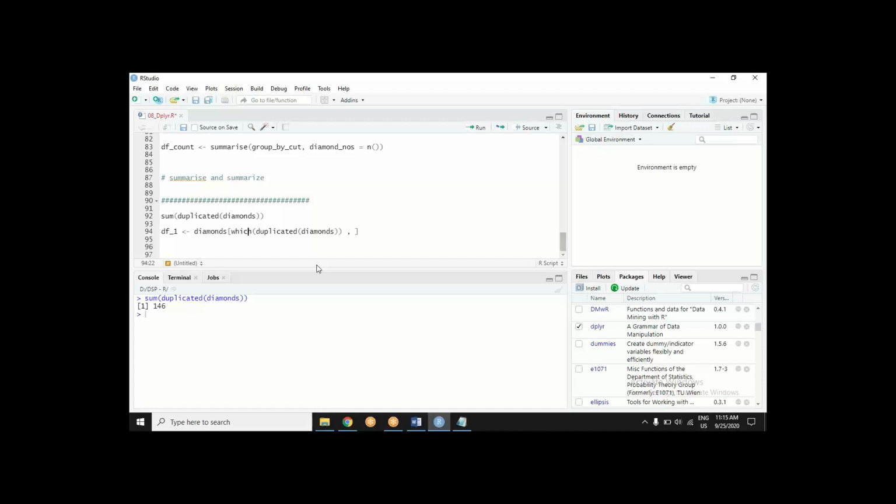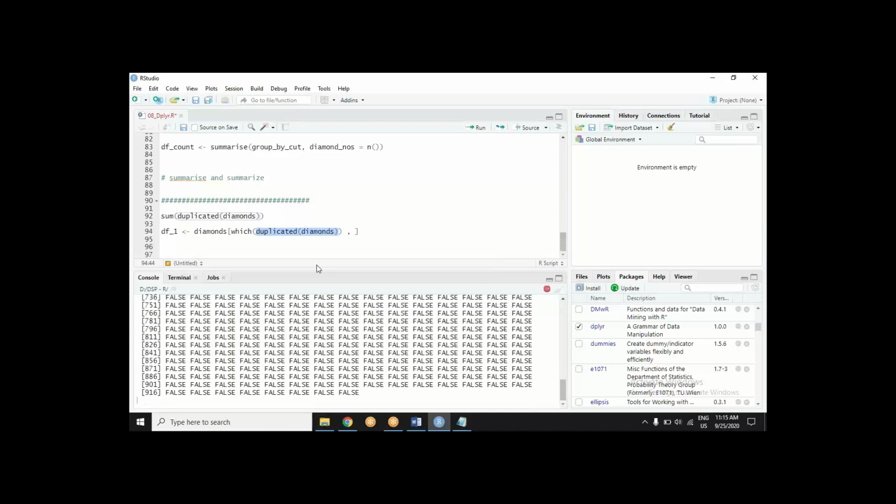Yes or no? This is going to give me true and false. This duplicated function tells whether a row is duplicate or not. I am saying where this condition is true, bring those rows only.